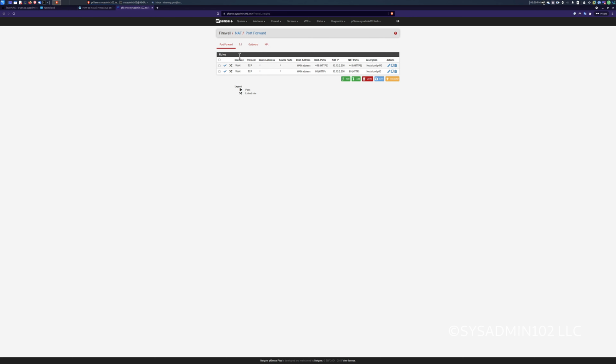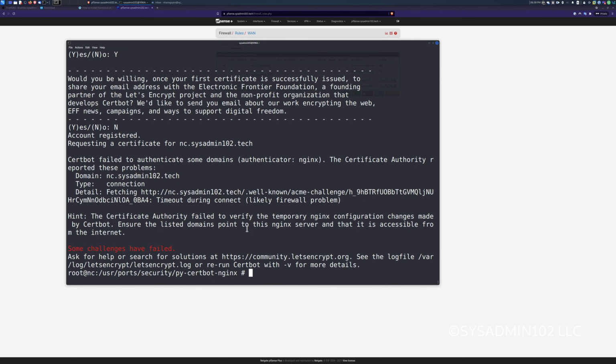So for pfSense, if I add the NAT, it automatically creates the firewall rules. There we go. Allow port 80 and 443, to allow Nextcloud to have access to port 80 and 443 outside of the network. All right, I'm gonna go back to the terminal. I'm gonna run it one more time.